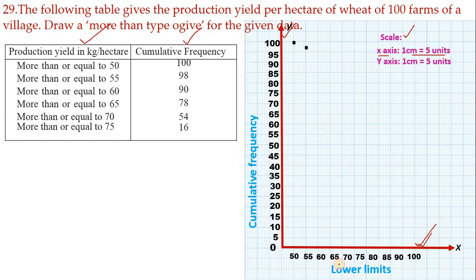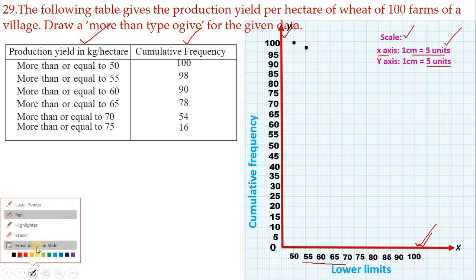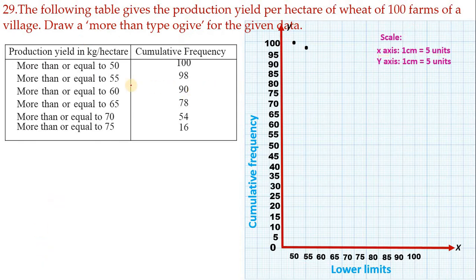So on the x-axis, 1 centimeter is equal to 5 units. Look at the x-axis here. How much difference is there from one number to another number? A difference of 5 is there. So 5 units. And look here, the difference between each number here is also 5. So hence 1 centimeter is equal to 5 units. Now, how to plot the points? That is very important. See here, first you have to take 50, I mean, these on the x-axis, children, and these on the y-axis. So you have to plot a point for 50 and 100. So 50 is here and 100 is here. So I'll mark here.